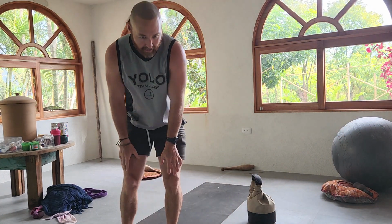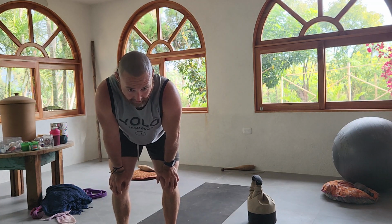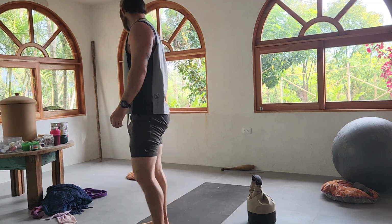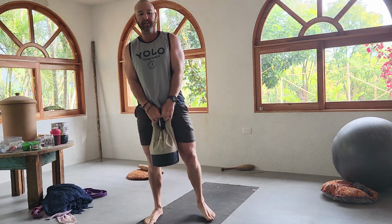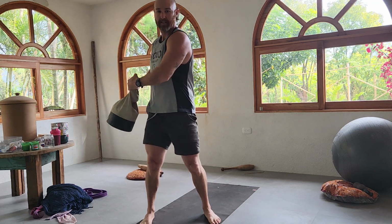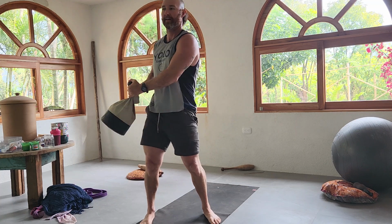Okay. Now, we are on to our next ab exercise. So, we've got our carousels. Hold your weight in front of you. This is our transverse exercise. Two hands on your dumbbell or kettlebell, feet about shoulder width apart. We're going to twist 180 degrees. It's kind of like a standing Russian twist